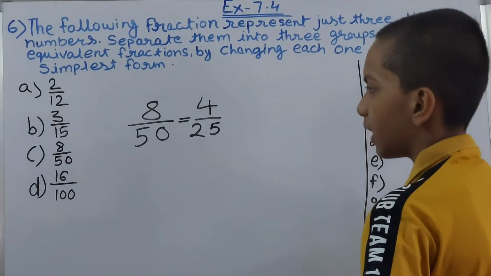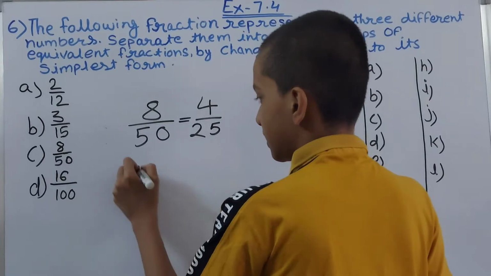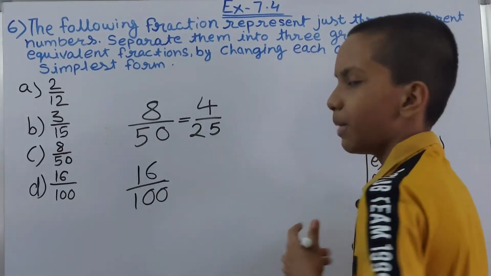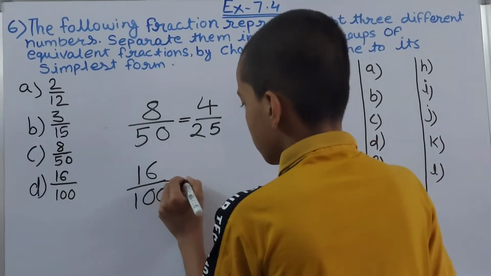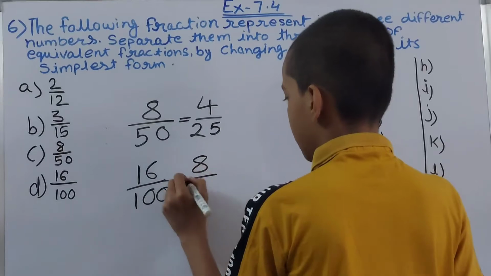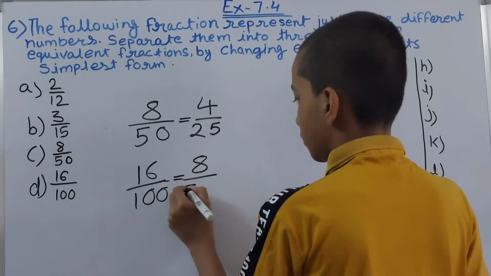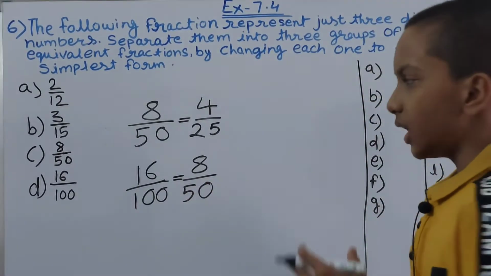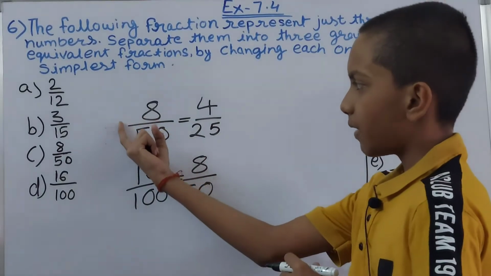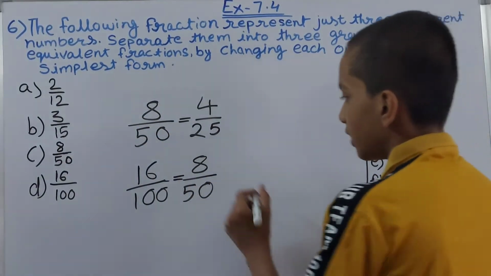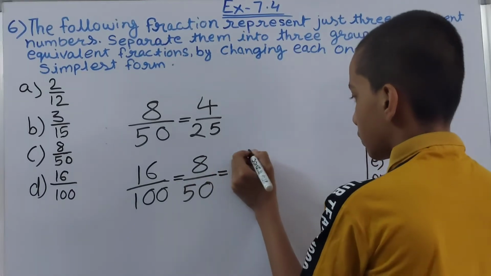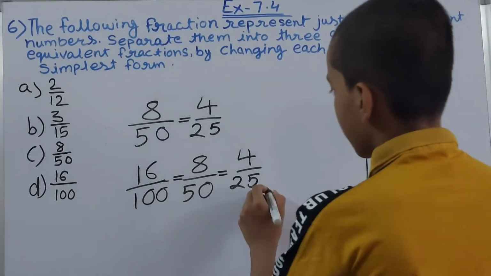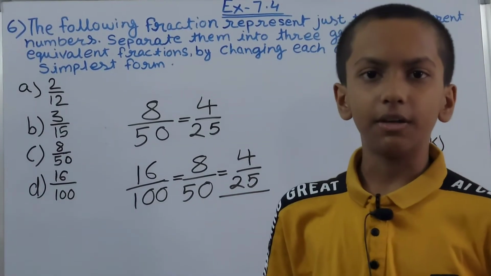So we can write this 4 upon 25. Now next one is the D one, which is 16 upon 100. Okay. Now both are divisible by which number? 2. So 16 goes 8 times and 100 over here, 10 goes 5 times and 0 will be the same. So that is 8 upon 50. Now it is very easy because we simplified 8 upon 50 in the third one only. So 8 upon 50, both will go by 2, 8 goes 4 times and 50 goes 25 times. So the simplest fraction becomes 4 upon 25.